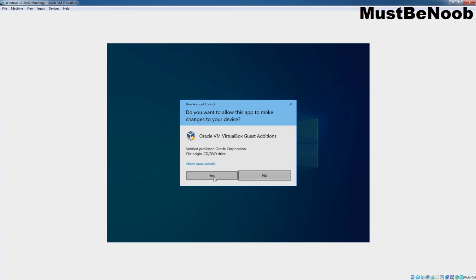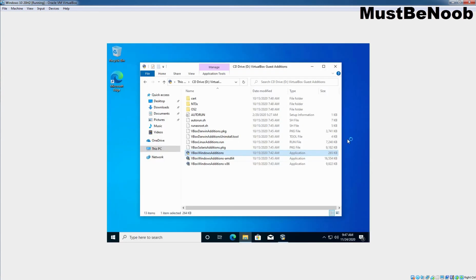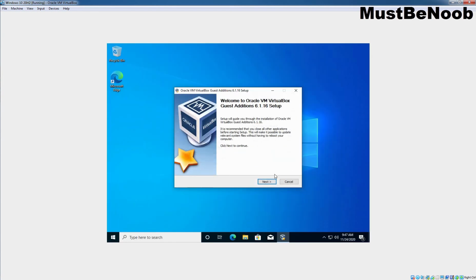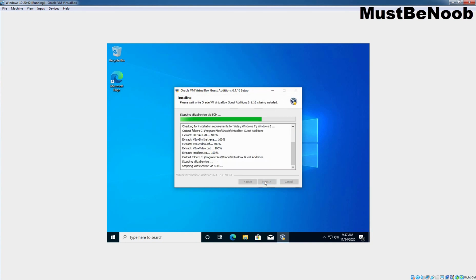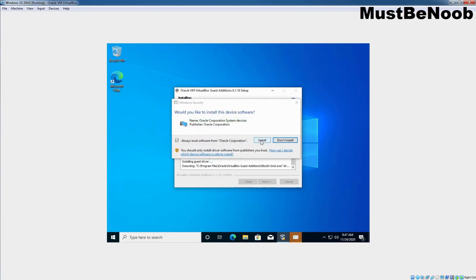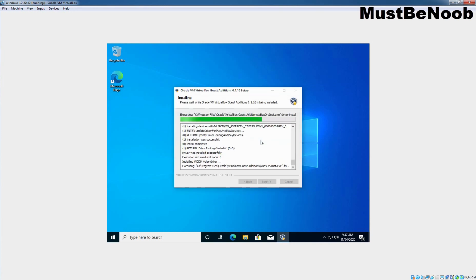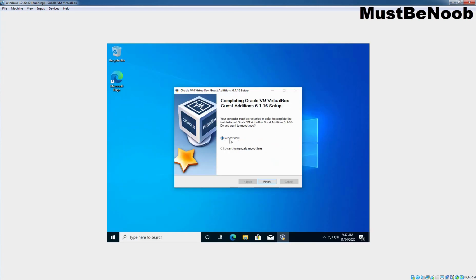To start the setup, click on Yes to continue. Click Next, Next again, and click on Install to start the installation. Click on Install again. Perfect. I'm going to select Reboot Now and click on Finish.